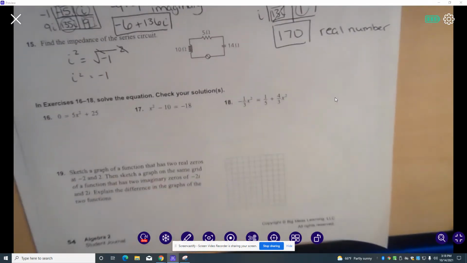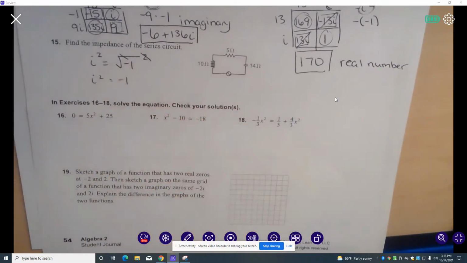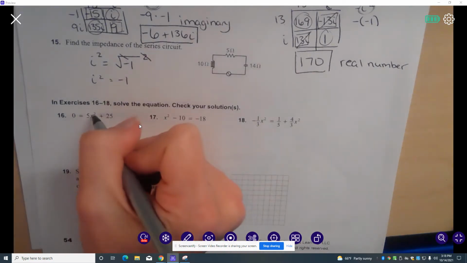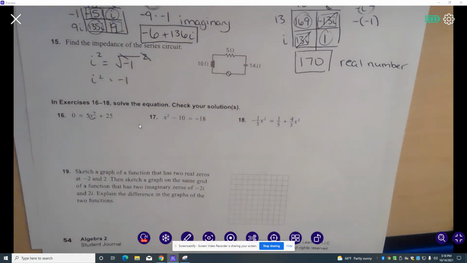In this video, we're going to be working with the extra practice 16 through 18 on page 54. And in these three problems, we're going to be solving these quadratic equations. We've done this before, and we're going to be solving these using square roots. So remember, when we do this, we want to get our x squared term all by itself on one side